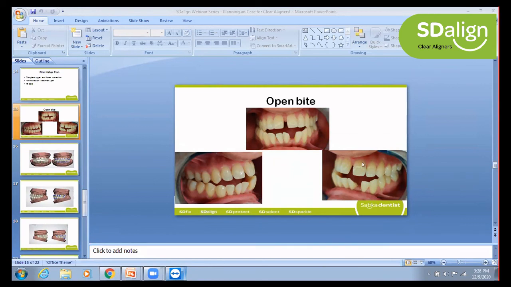Any more clinical questions? Yeah, Dr. Manu: time period between each stage. So Dr. Manu, we recommend minimum 12 days. If the correction is happening earlier than that, minimum 10 days, maximum 14 days, depending on the comfort of the patient, you can take a call. So our recommendation is minimum 10, maximum 14 days for each set.